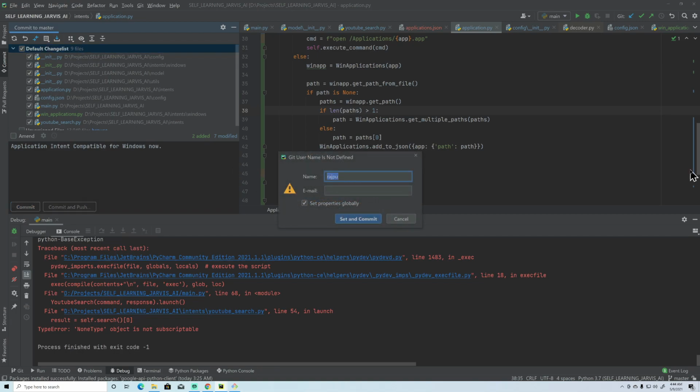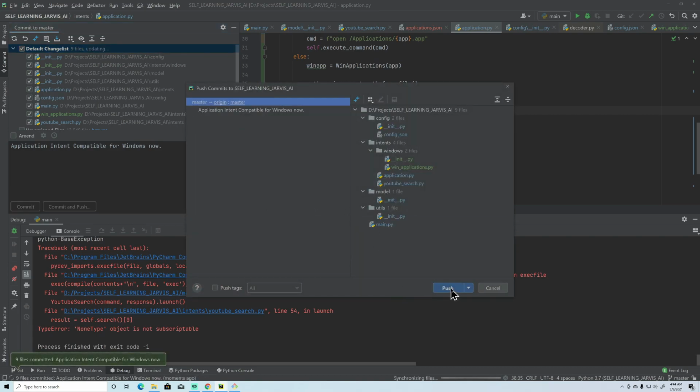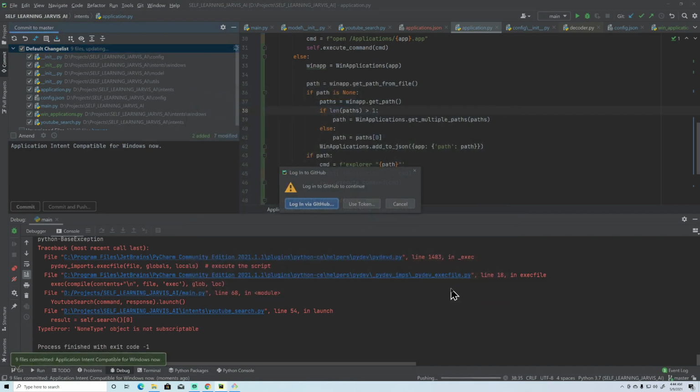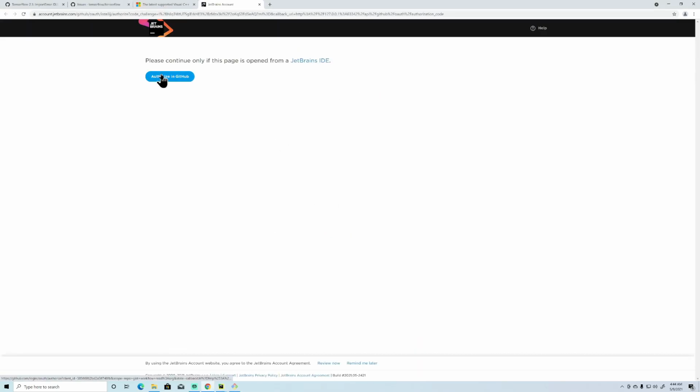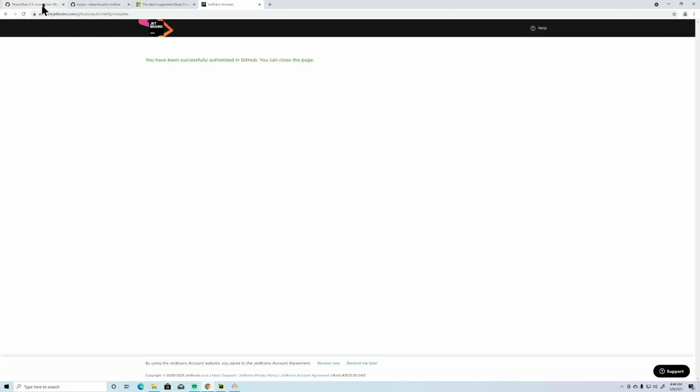Okay, so here I need to just give the name Achilles Singh, then email ID trycatch55@gmail.com, set and commit and push. Okay, so I need to first log in and authorize in GitHub. This is a one-time activity because I have just reinstalled Windows, right? So pushed one commit and let's see whether we are getting those or not.